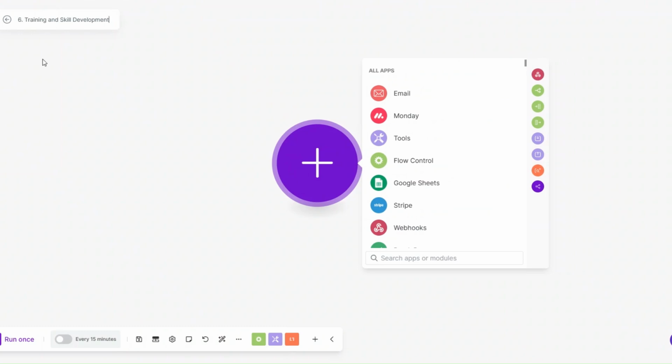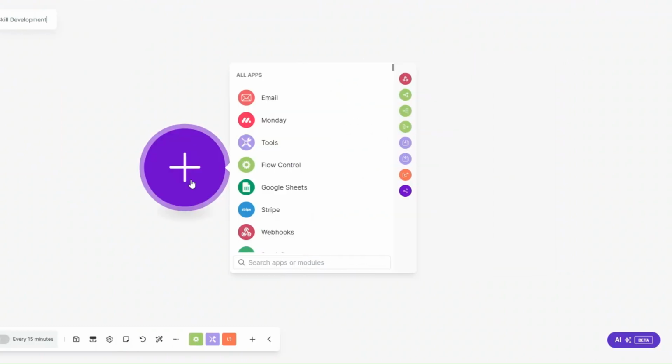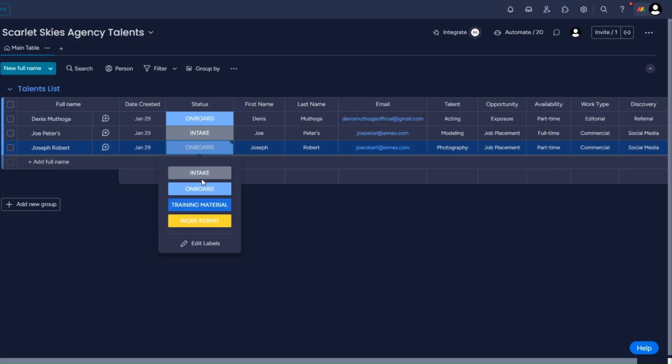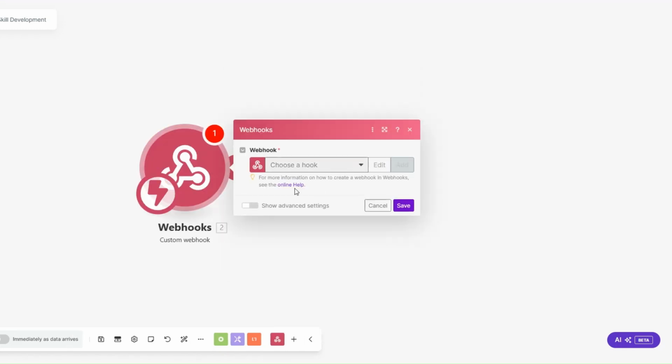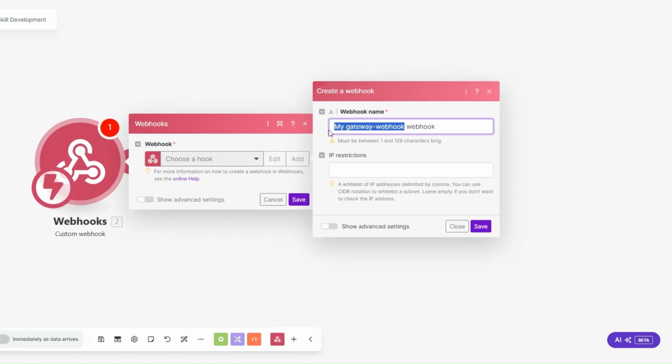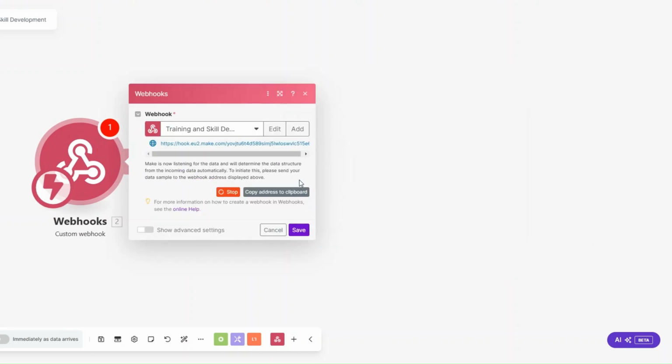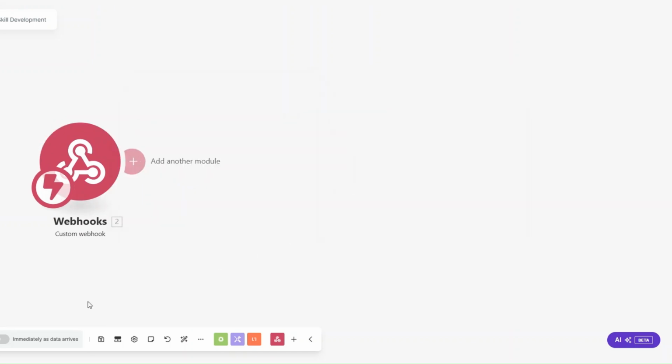I'll rename our scenario to training and skill development. And here, I'll create a webhook that will be triggered after the status of one of our talents changes to training material. So here, I'll click on webhooks, then here I'll click on add, and then I'll rename our webhook to training and skill development. And then here I'll click on save and copy the link to our webhook, then click on save, then I'll